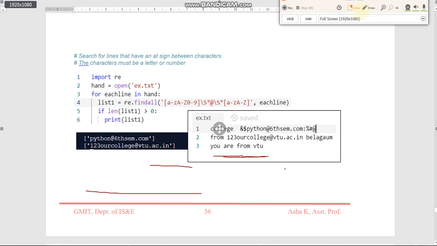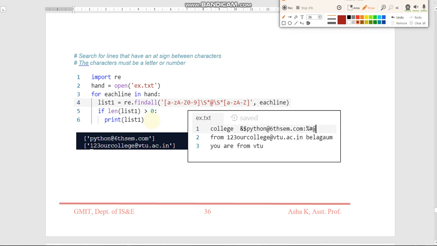So now consider the next example. How we can extract this type of pattern from the file. It is a very similar example here. From the file we want to extract this type of pattern, so we have to open the file in the read mode. The file handler is returned to the variable hand. We need to access each individual line from the file using the for loop, file traversal. Then we have imported the regular expression because we want to find out the interested pattern from each line of this file.